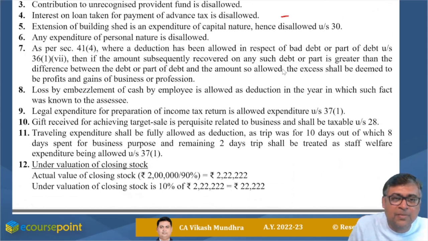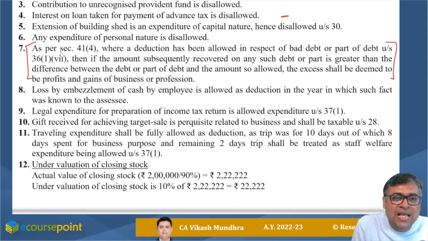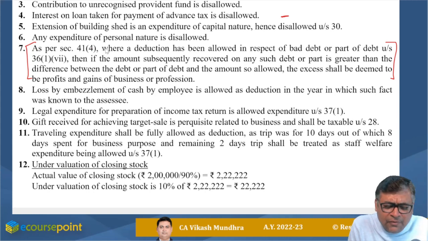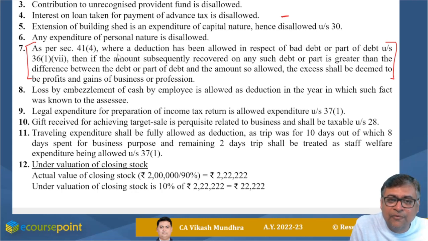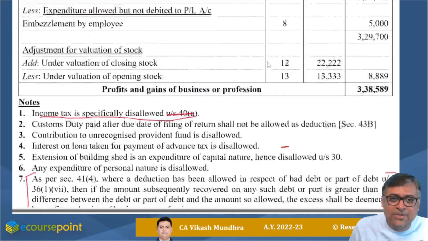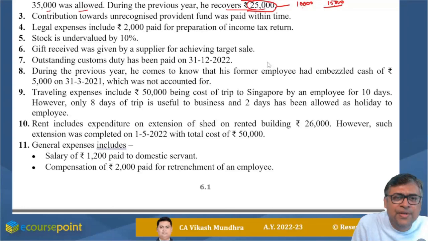I am giving a serial number 7, so I will explain here what is the situation as per section 41. However you frame it hardly matters, but you should explain why you are going to add it. As per section 41(4), where a deduction has been allowed in respect of bad debt or part of debt under section 36(1)(vii), then the amount subsequently recovered on any such debt or part is taxable. Whatever explanation you require, please give the suitable explanation. Now next information,